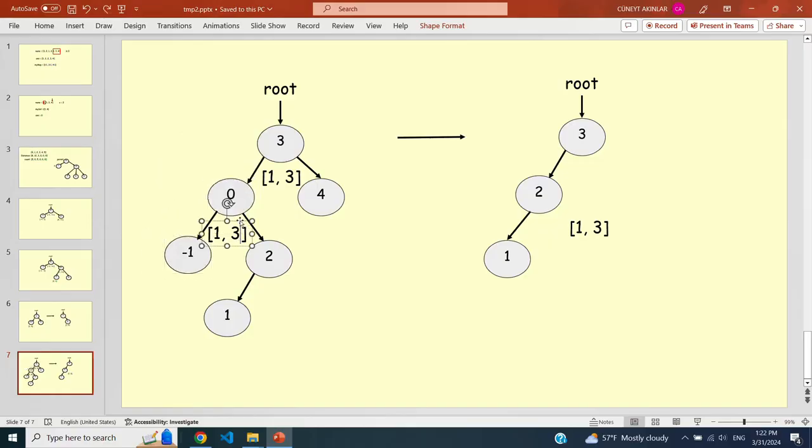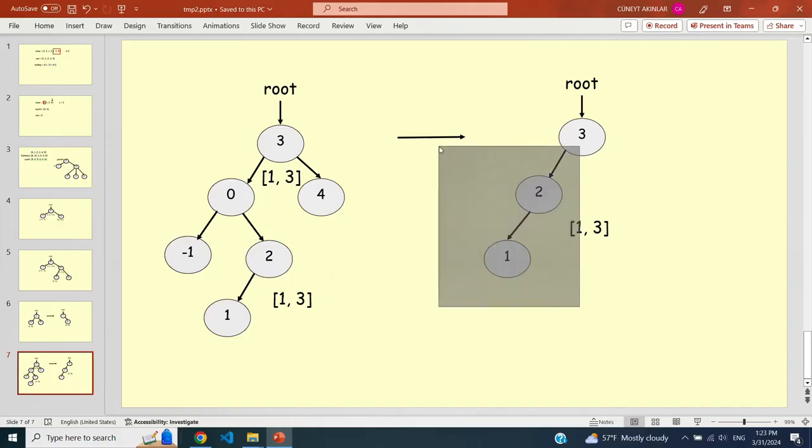So the solution is only trimming the right subtree, which is here. So we come here, we look at 2, is it in the range? Yes. Then we say, okay, this stays. And trim the left subtree, so you come here, 1, is 1 in the range? Yes, it stays. Of course, trim the left subtree, trim the right subtree, both are null, so we should be getting null. And we come back, trim the right subtree here. The right subtree of 2 is also null, so you're getting null from here. So that means what's left on the left subtree is only 2 and 1.